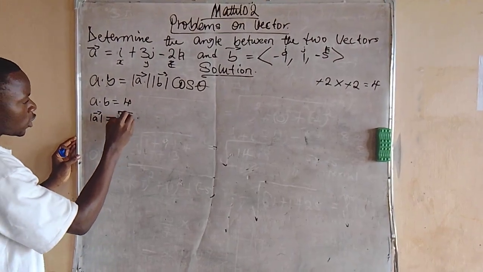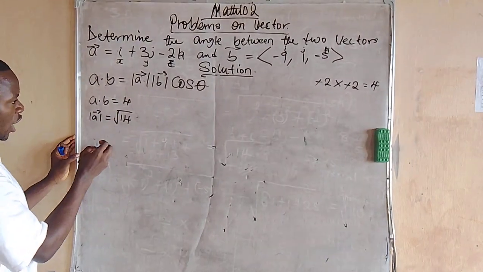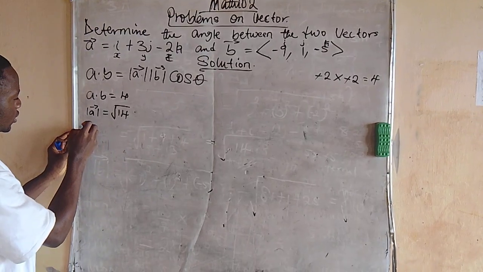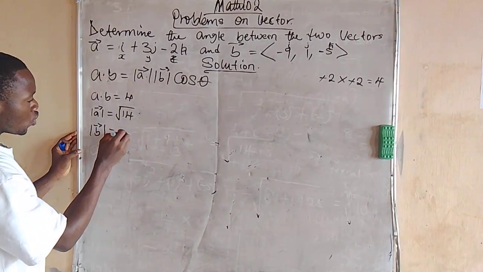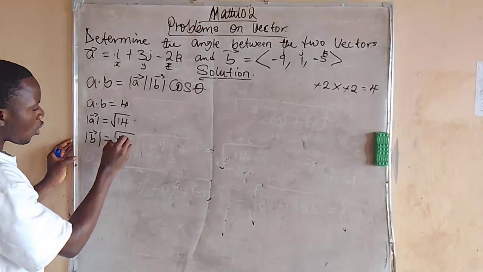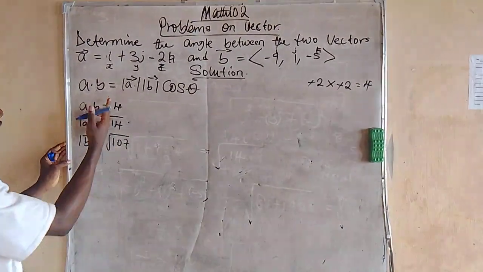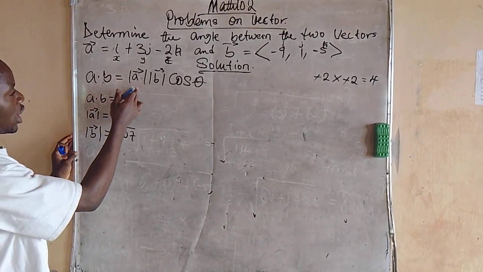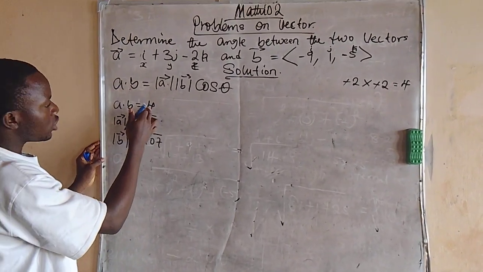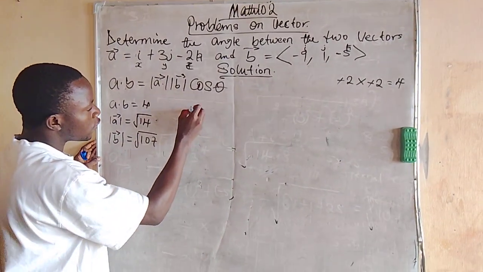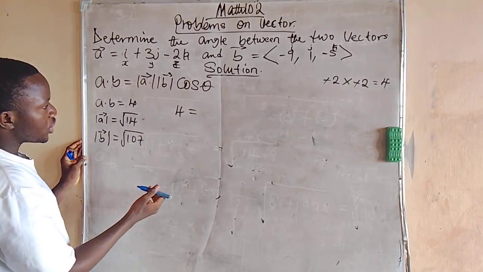The square root of what? 14. And we calculated the value of the magnitude of vector B to be what? Square root of 107. Okay? Substituting these values into this formula, in place of A dot B, we are going to write 4. So this is what? 4 equals to,